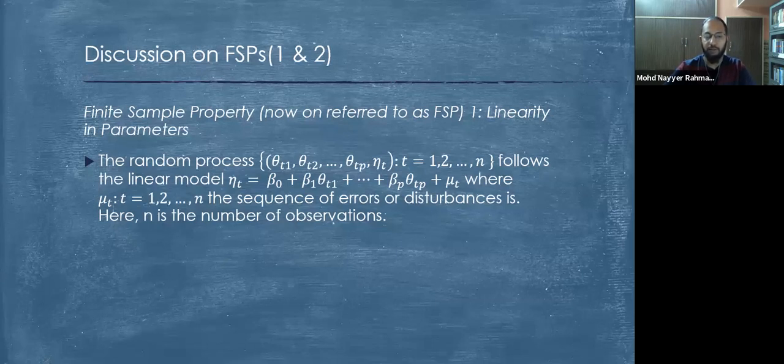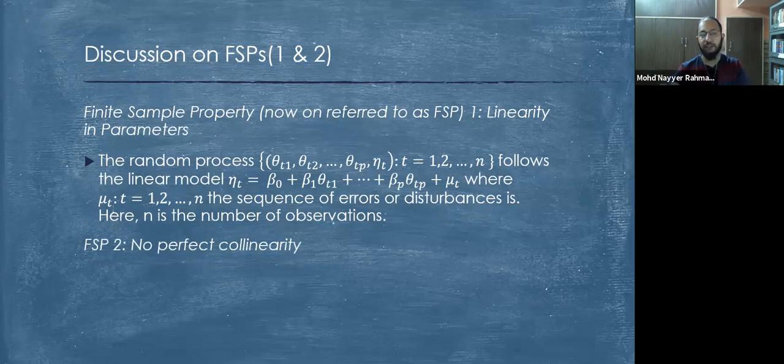So whatever is happening within the variable is according to time, where u_t, t equals 1 to n, is the sequence of errors of distribution. Here n is the number of observations. If there is a random process in the error term as well as in the coefficient, then we say that linearity in parameters is present in the model, and that the first assumption has been fulfilled. I'll tell you in detail how to go about that. I'll show you the research paper, and I will also forward that research publication of mine on how to test this linearity.